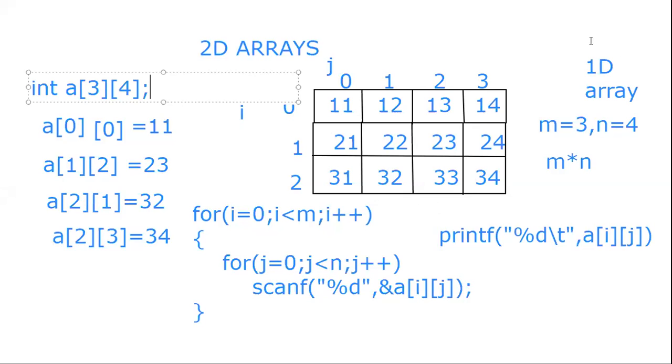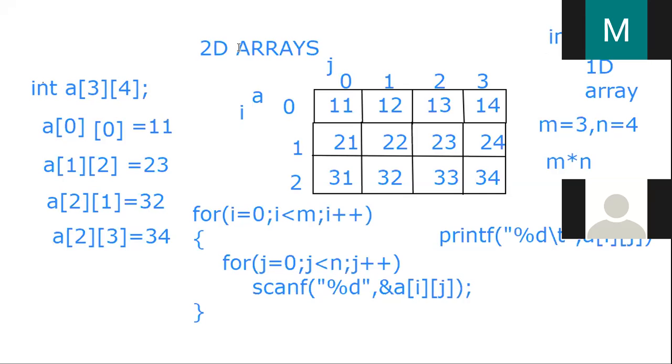If it was a simple 1D array, we would have written int a of 10. This was just a declaration of a 1D array. So A is an array of size 10 and it is of integers. It has 10 numbers. Similarly, if you are confused, let me take B. B is a 1D array and A is a 2D array here. This is how we declare a two-dimensional array. We need to mention both the dimensions, number of rows and number of columns. Okay, going back to the lab sheet.